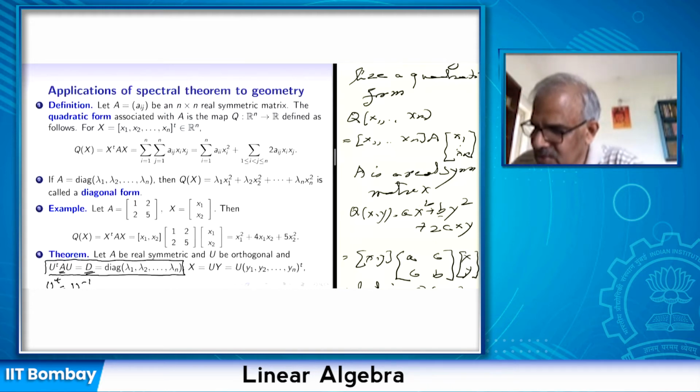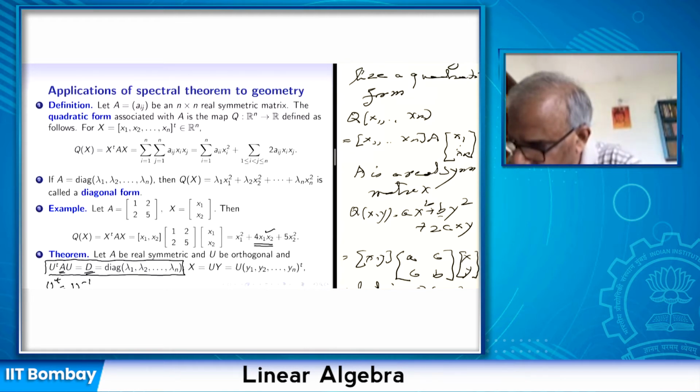Now I make a change of coordinates. These mixed terms indicate that if this equation represented an ellipse, then the ellipse has a major axis and minor axis, and when the equation has mixed terms, the major axis and minor axis will not point in the direction of the x axis and y axis. They will point in some other directions. So we have to change the coordinates to get rid of this mixed term.